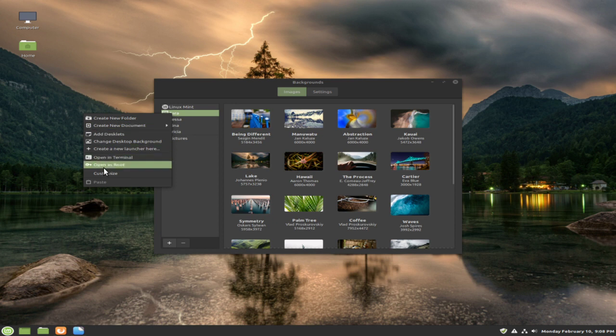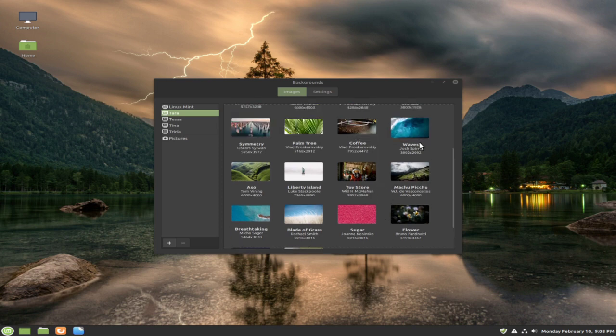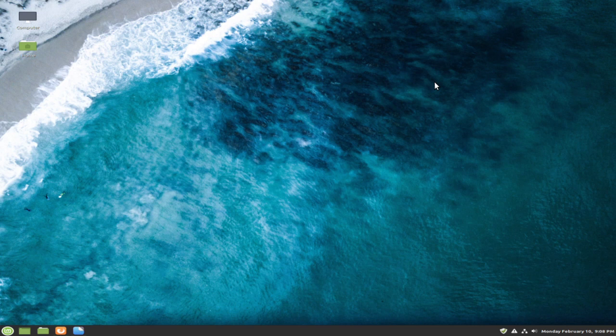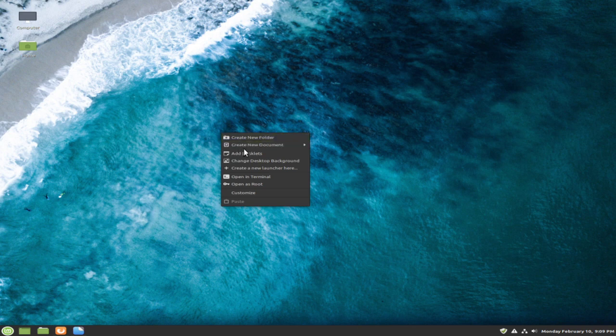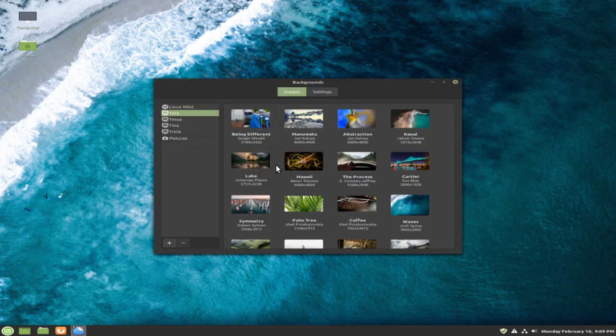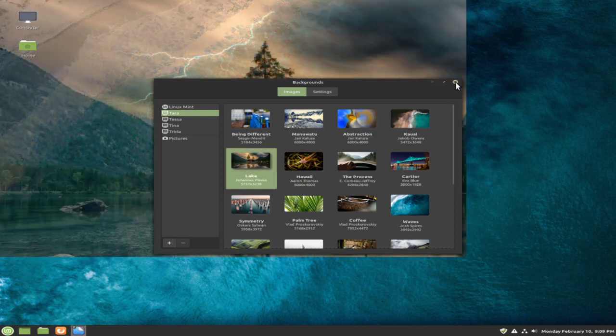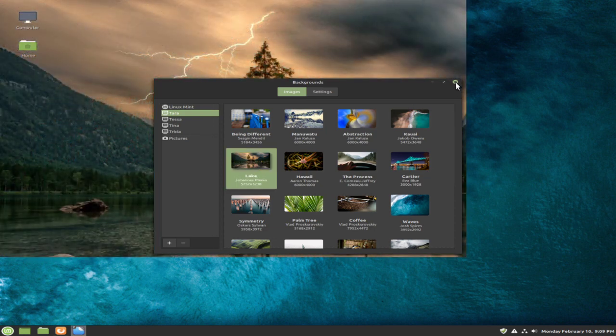Oh, before I go, here, you can change your desktop background. Right-clicking and getting context menus is pretty familiar as in Windows too. There's a lot of really nice backgrounds. Let's choose waves. Yeah, that's relaxing. A little bright though. Let's get back to dark stuff. Not that I'm a dark human being or anything, but it just flows nicer with my current theme.